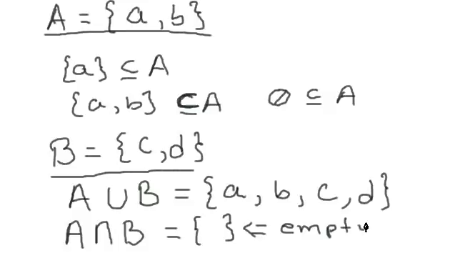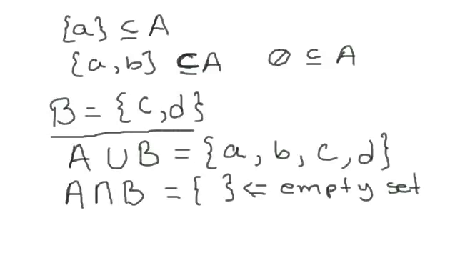Now, what do A and B have in common? They have the empty set in common. In other words, basically what we're saying here is the empty set is actually in A and the empty set is actually in B, but we just don't write it there. It's not written there. Okay, let's look at another example